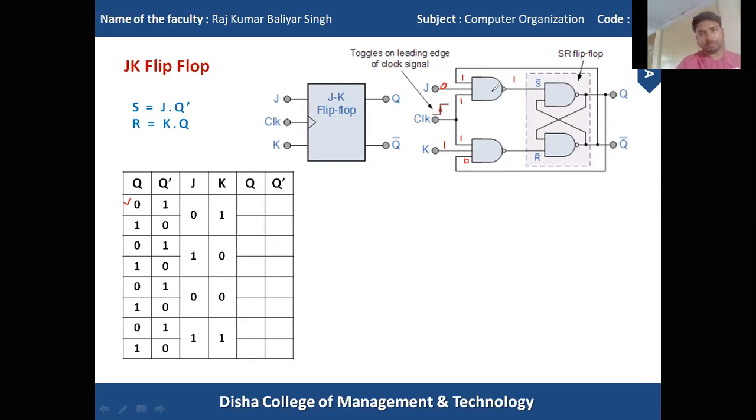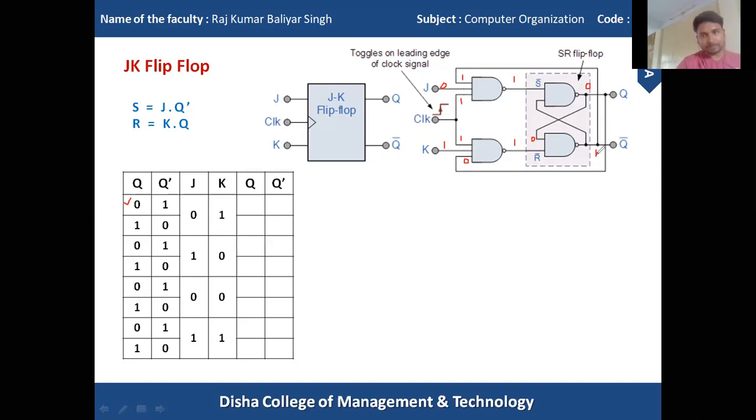Because NAND does the opposite operation of AND. Similarly, when the inputs are 1, 1 and 0, it will produce the result 1. As I supply 1 to this NAND gate, the result will be 0, and this 0 is again connected to this NAND gate. So I am supplying 0 here. So 0 and 1 are the two input terminals for this NAND gate. What should be the result? The result will be 1, and this 1 is the final result.